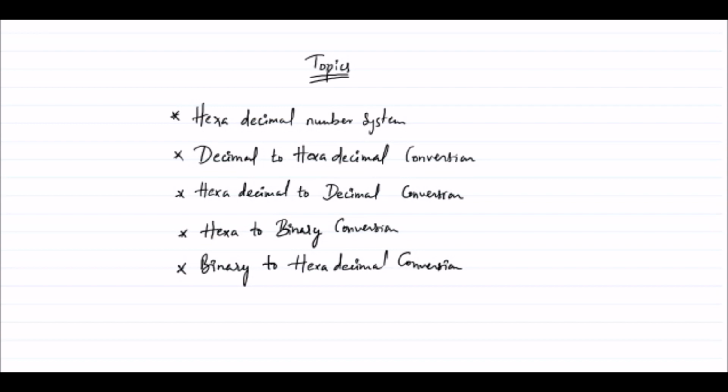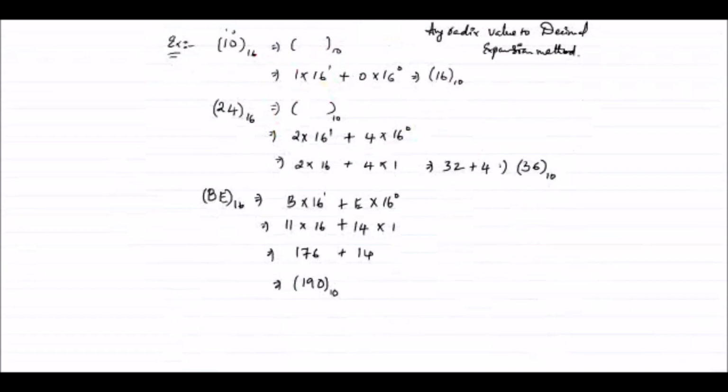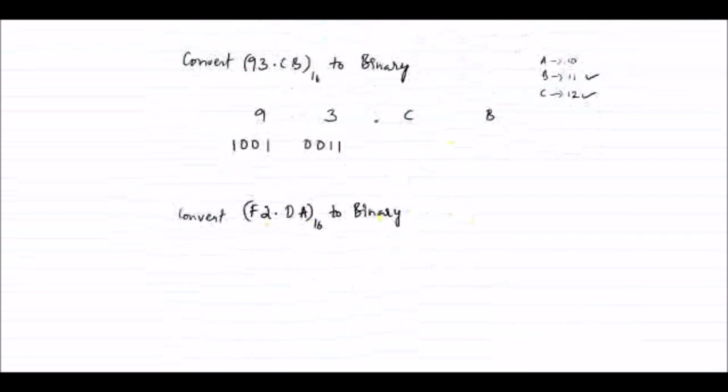Okay, so I can write from this table, or else you can simply convert the decimal equivalent value to binary. So C is 12, which is 1100, and B is 11, nothing but 1011. Okay, so if I write the entire value of this, I will have 1001.10